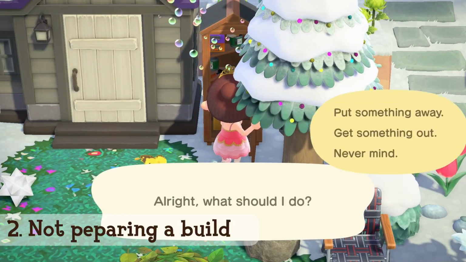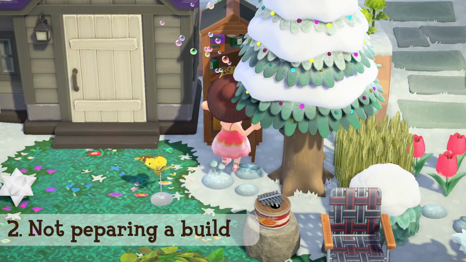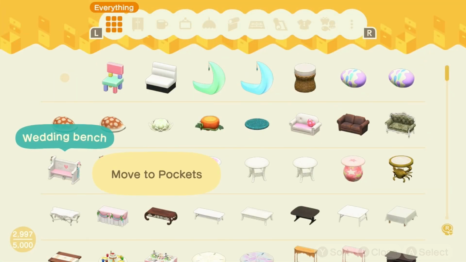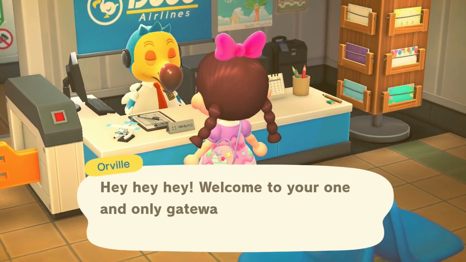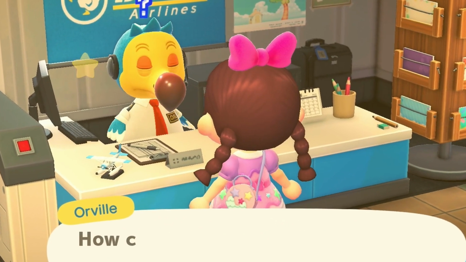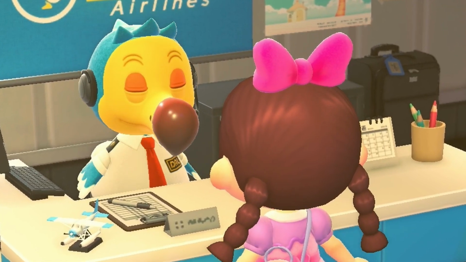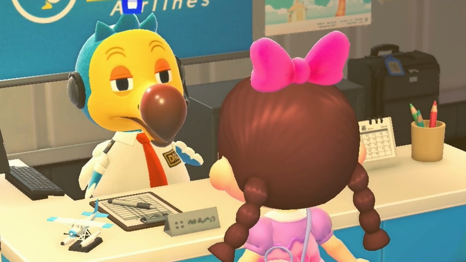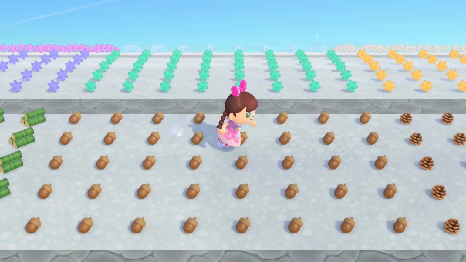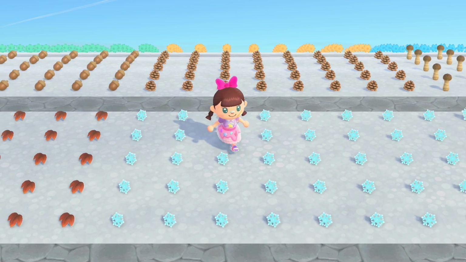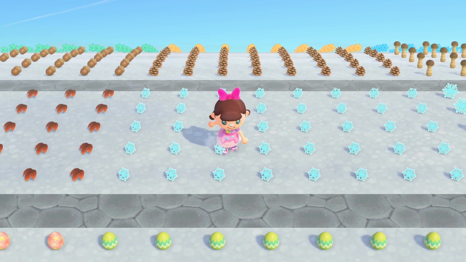We know what we want to build, you run to your storage to start pulling items to use, and then you find you're missing some crucial things that you need to get the build done. So then you end up spending the next 2 hours just gathering items and resources and not actually building, which then kills your motivation to make progress on your island. In order to avoid doing this, I found the best option is to just spend an evening listing out everything I need to make a build idea work.